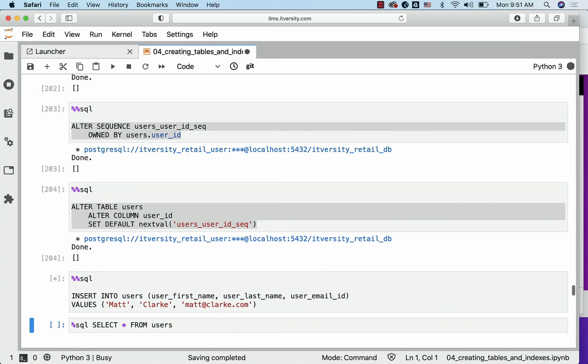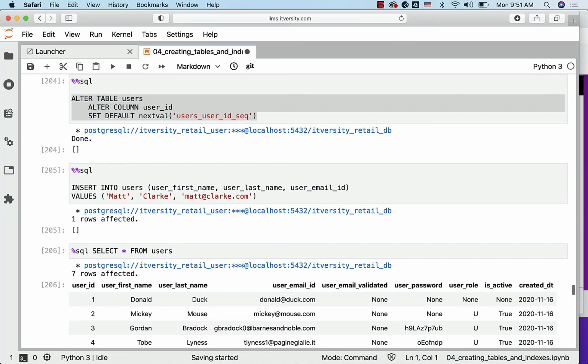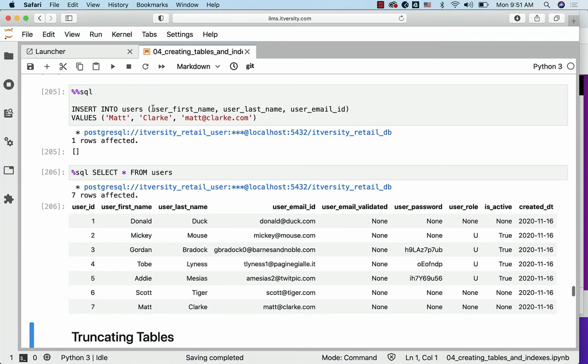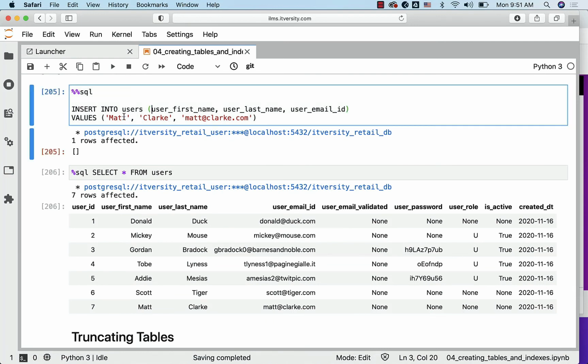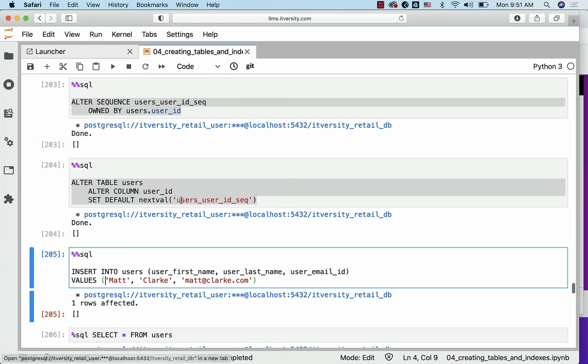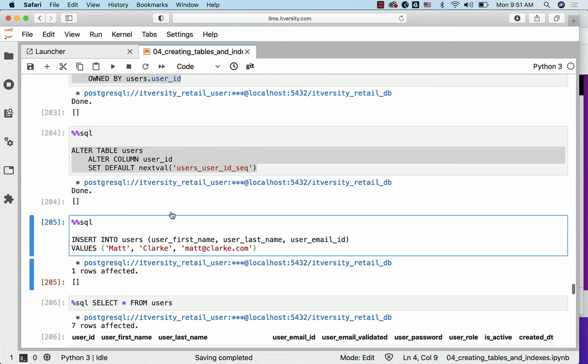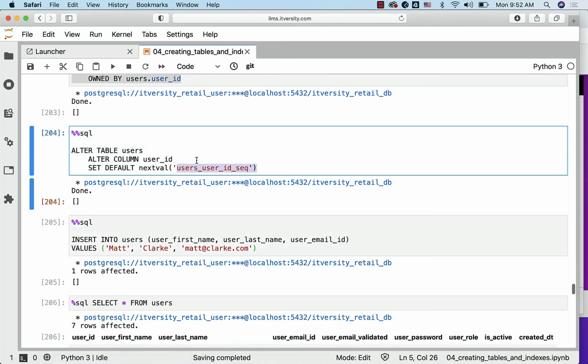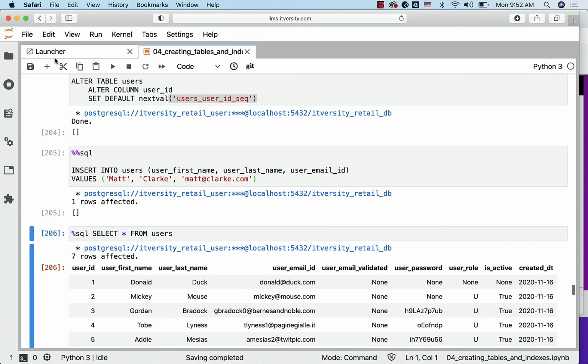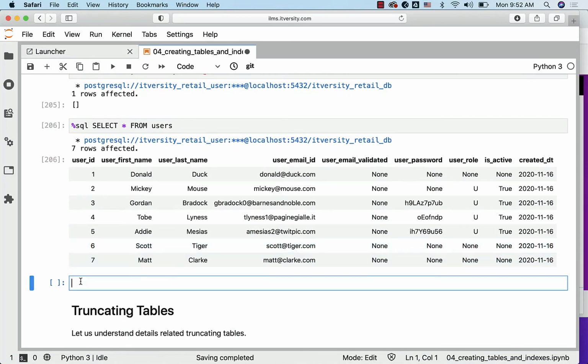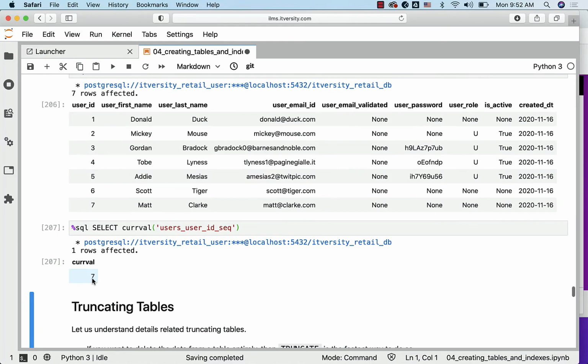Now we can run this query and we can validate by saying select star from users. You can see that even though we haven't specified user ID column as part of the columns clause and corresponding value as part of the values clause, still the user ID is populated as 7 using the sequence which is created and associated with our column user ID. Now you can actually say select currval on this to ensure what is the current value with respect to the sequence, like this. Select currval and run this. You can see that current value is 7.